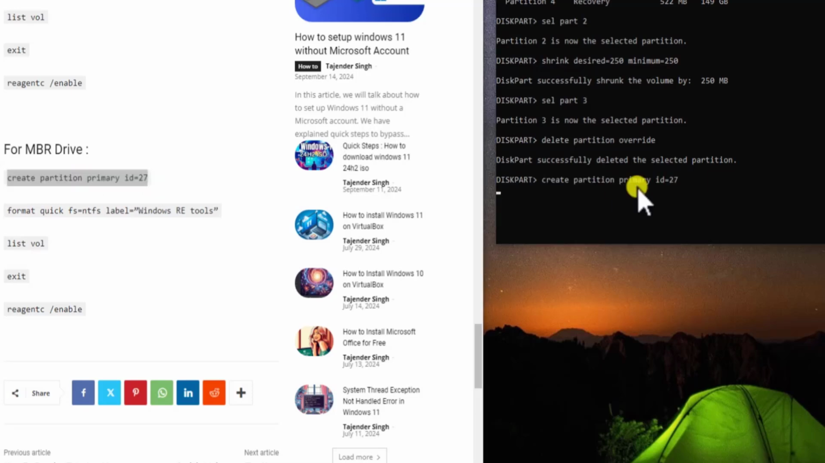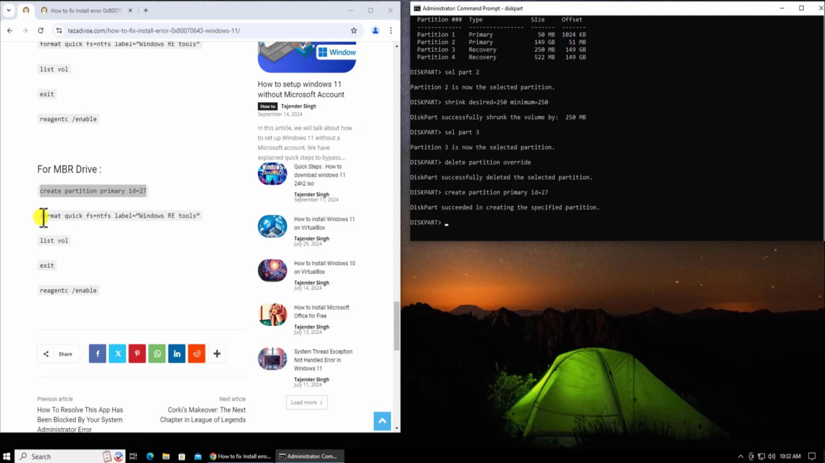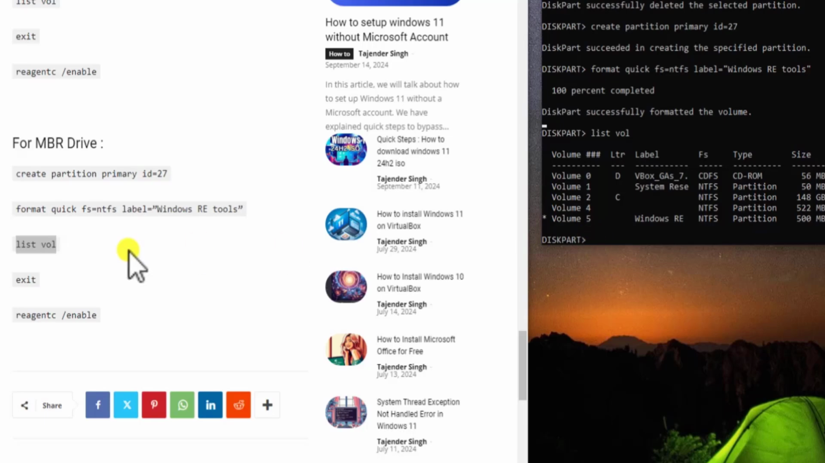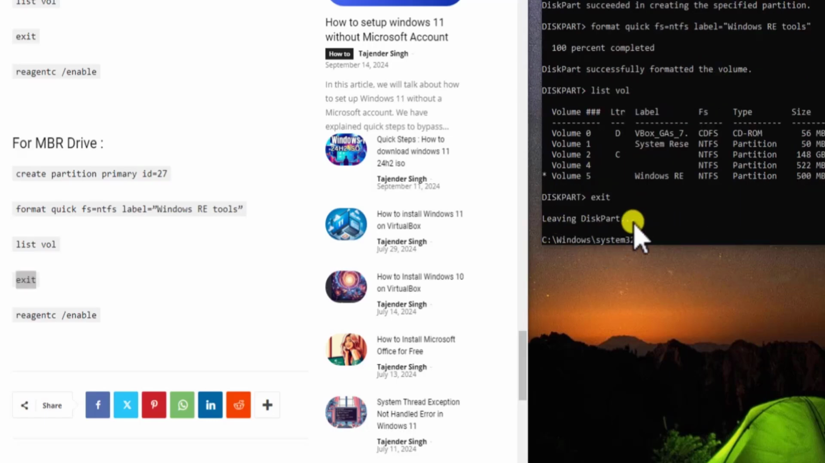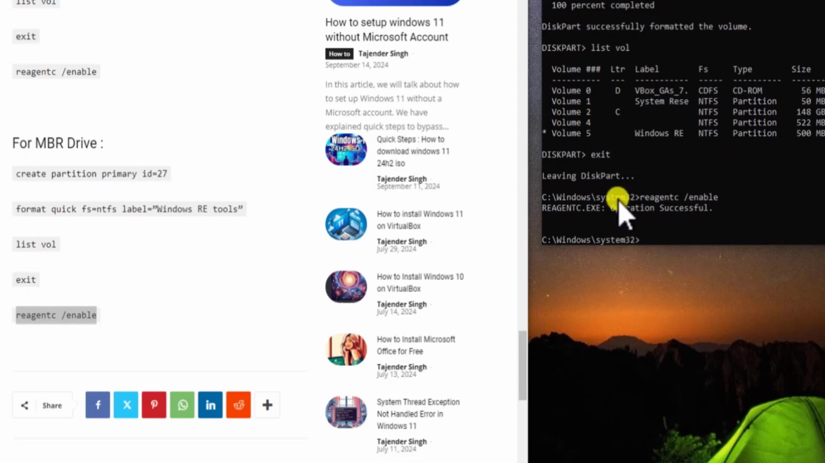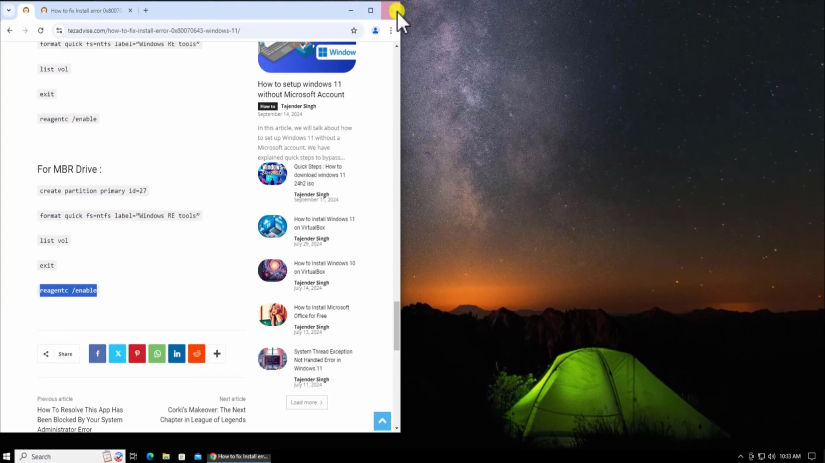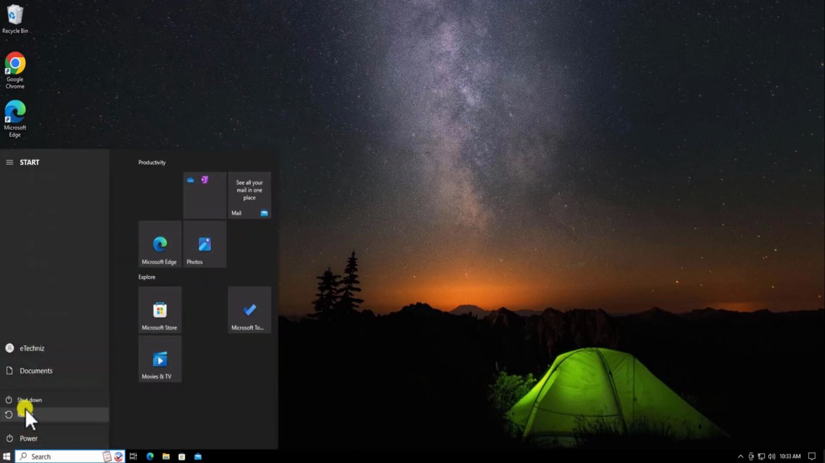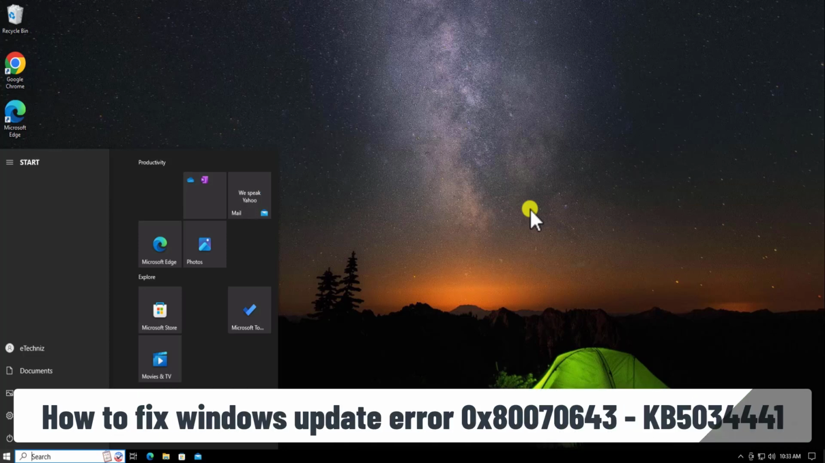Create partition primary ID 27. This is to check whether you have the partition ready or not. If you do not want to check the volume, then you can simply copy this command and paste here and exit DiskPart, and then you need to re-enable the services. Copy paste this command and this will enable these services. After running all of these commands, simply restart your computer, click on Windows icon, click on power icon and restart your computer. So that's how you can fix Windows Update error